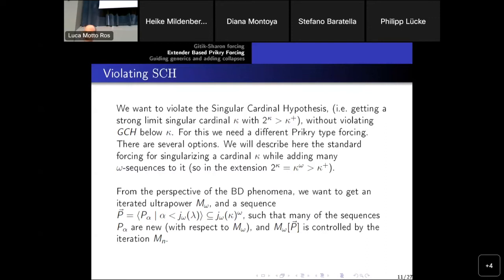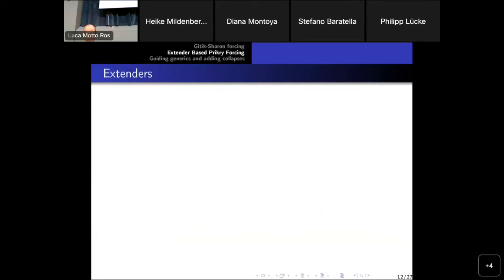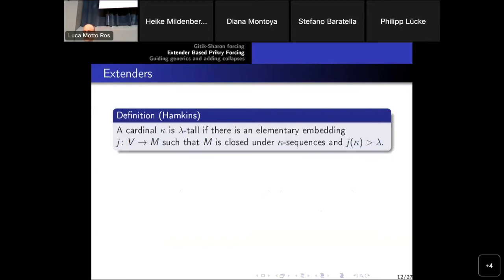We want all the post-Kidon properties to hold. We want m omega of p to be in some sense controlled by the iterate. And we are going to have problems with that, but let's see why. So first of all, we want to have